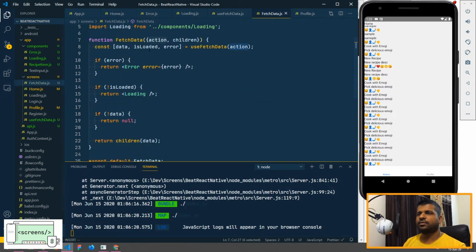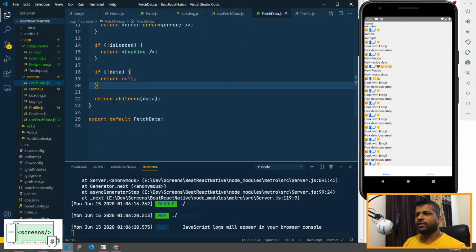We'll use that here as well. If we have any error, I'll display the error. If the state is loading, I'll display the loader. If the data is not there, I'll return null. And if there is data, I'll pass the data on to the children.